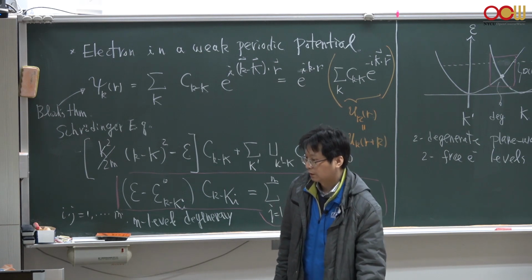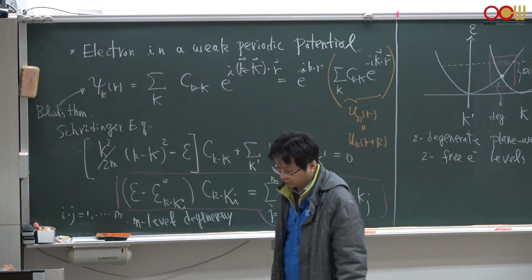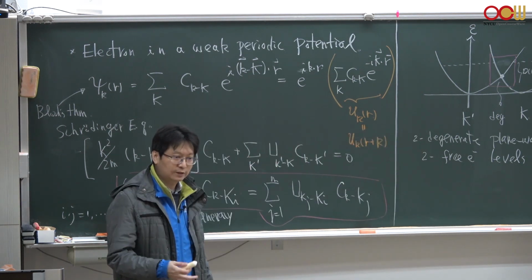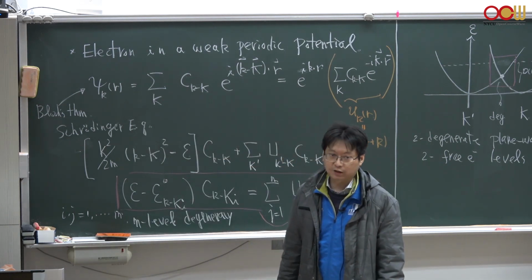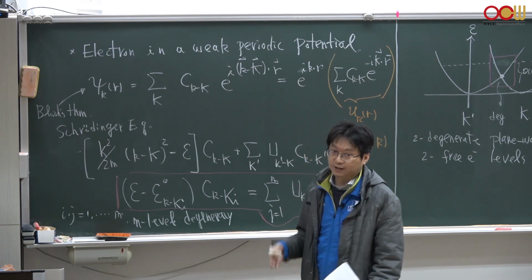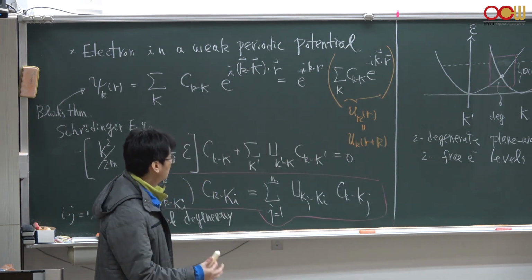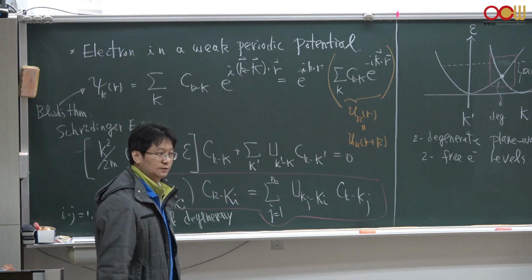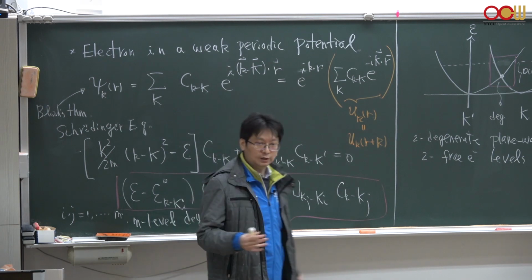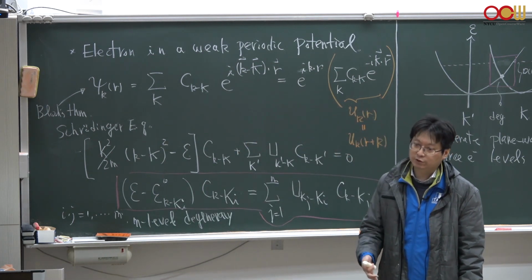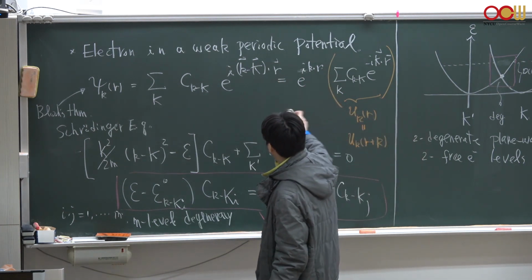So last time we introduced, or reviewed, the Bloch theorem in elementary solid state to explain the energy bands. Today we will take advantage of this Bloch theorem and show that electrons in a weak periodic potential form, again, energy gaps between, say, the valence band and conduction band. And we will solve the Schrödinger equation for a single electron in a weak periodic potential that we